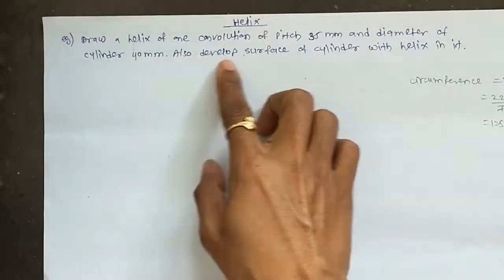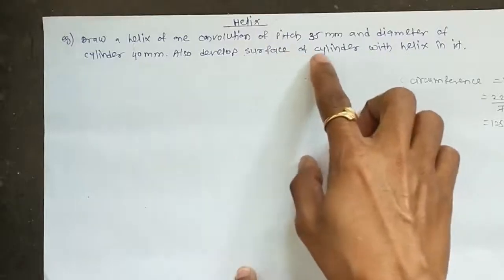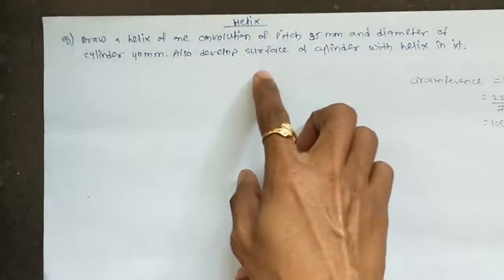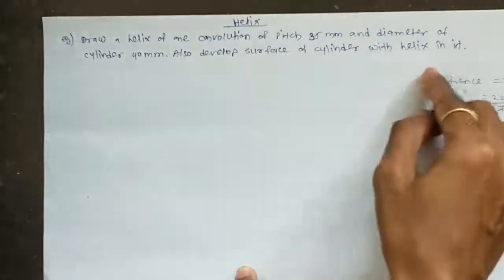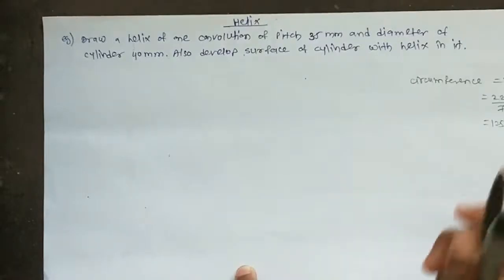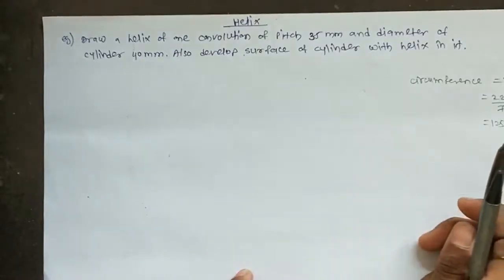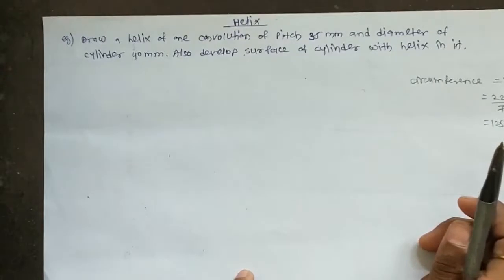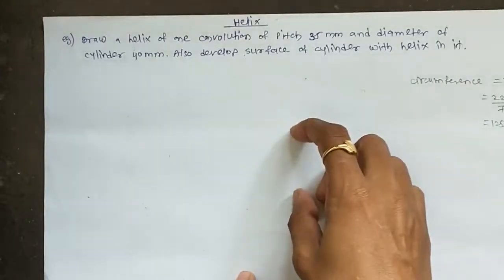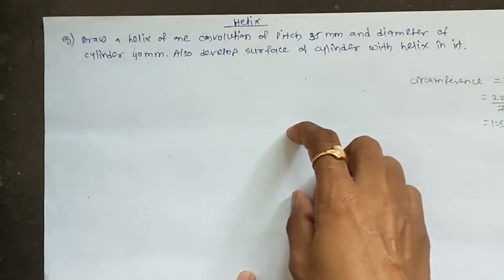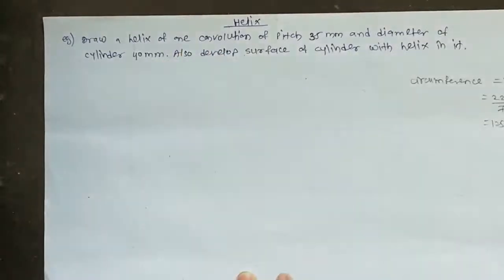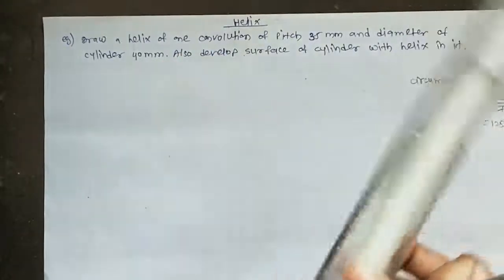Draw a helix of one convolution of pitch 35 mm and diameter of cylinder 40 mm. Also develop surface of cylinder with helix in it. So first of all, we have to draw helix of a cylinder, and first we will draw the top view of cylinder. So top view will be a circle having diameter 40 mm. So take radius 20 mm